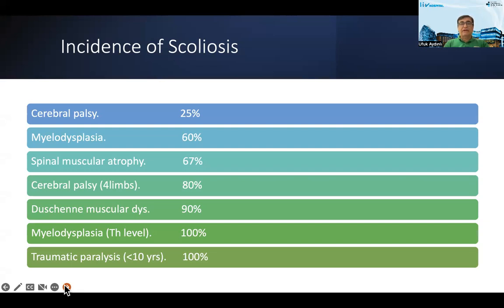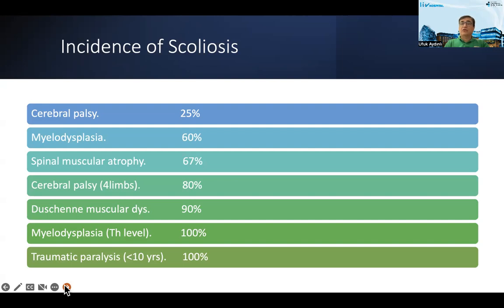When we look at the incidence of scoliosis: in cerebral palsy it is 25%, myelodysplasia 60%, spinal muscular atrophy 67%, cerebral palsy with four limbs involved 80%, Duchenne muscular dystrophy 90%, myelodysplasia at the thoracic level 100%, and traumatic paralysis, if the patient is under the age of 10, again 100%. This is very important information, because we know these patients are followed by pediatricians, physical therapy doctors, and